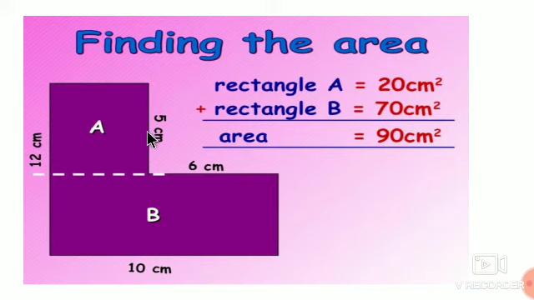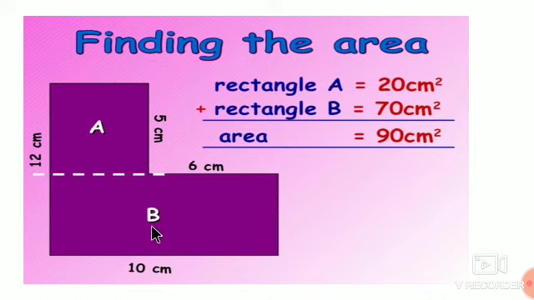So we know this side as 5 centimeter, correct? So this will be again 5 centimeter and this side is total 10 centimeter. But up to here, now we have to find out this one. This much part is 6 centimeter, so remaining part is 10 minus 6 is 4 here. To find out the area of this rectangle A, we know the length is 5 centimeter and breadth is 4 centimeter. So 5 4s are 20 centimeter square is the area of the rectangle A.